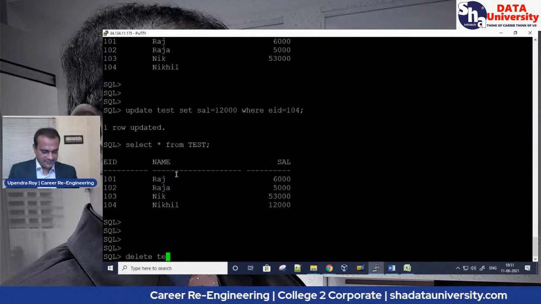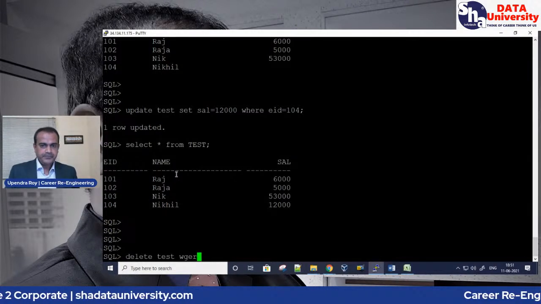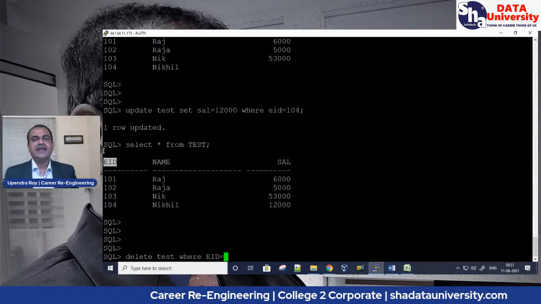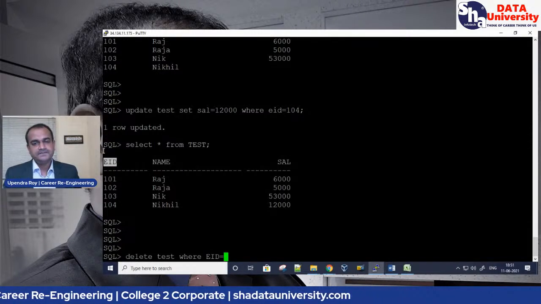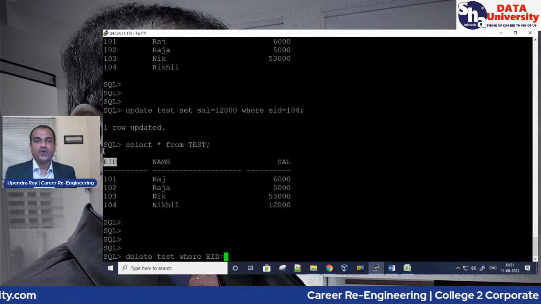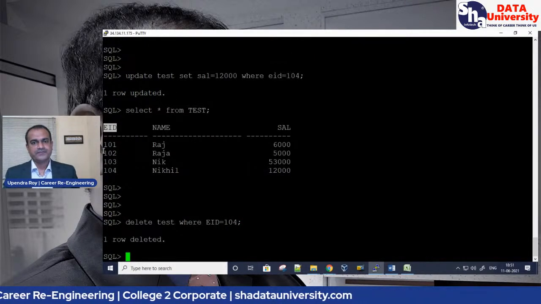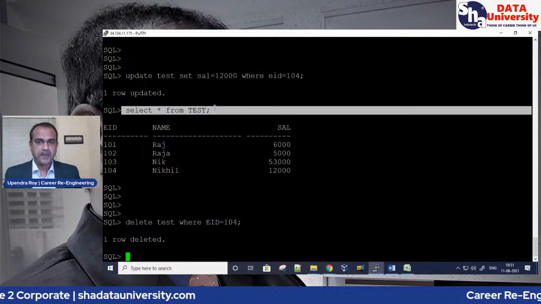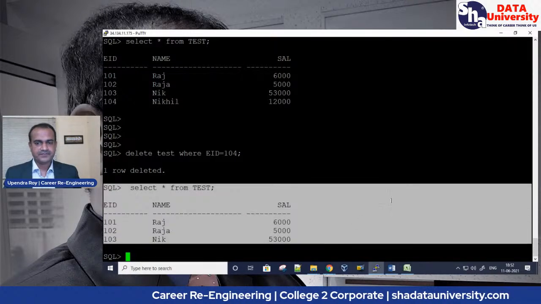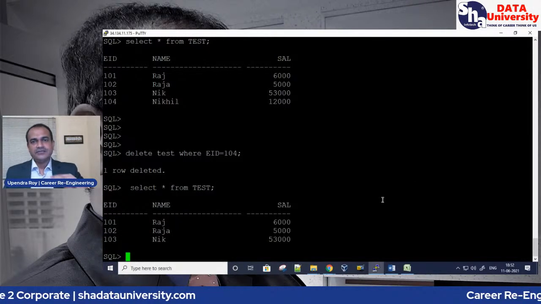So delete, table name. Now we have to give a condition: where EID equal to which record you want to delete. Maybe 101, 102, 103, or what? I'm giving 104. And now if you see, so this is the basics about our